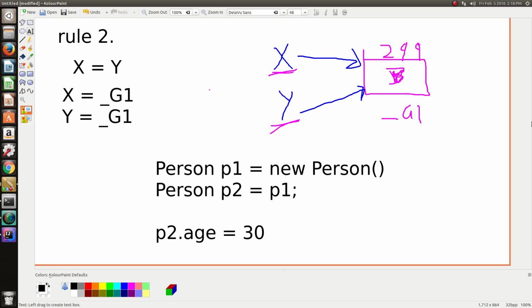So that's all there is to rule 2. Just keep in mind that when unifying two unbound variables, they end up sharing the same value, because this is sort of the trick to understanding how the recursion works, as you'll see in some of my other videos. Rule 3